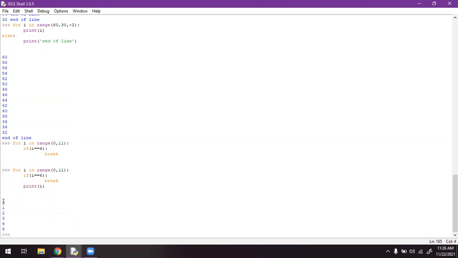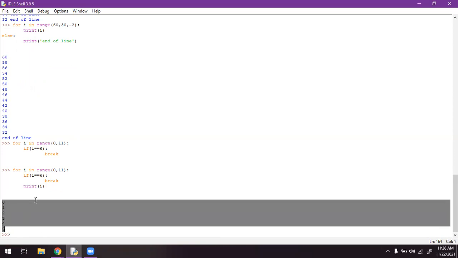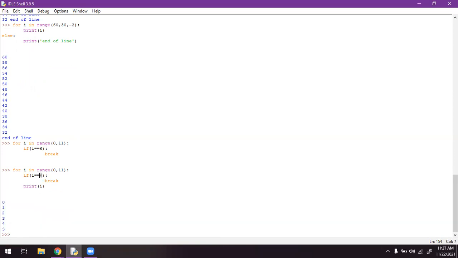Only 5 characters are printed. If i equals 6, that is nothing but the count. This is the first number, this is the second number, this is the third number, up to the fifth number, and the sixth number is the one that triggers the break. If the sixth number came, it will break.